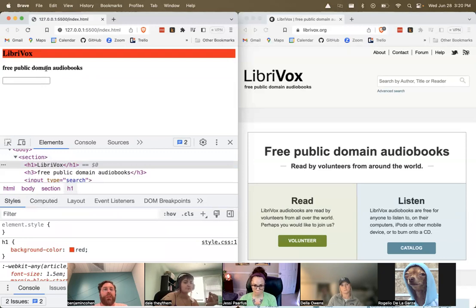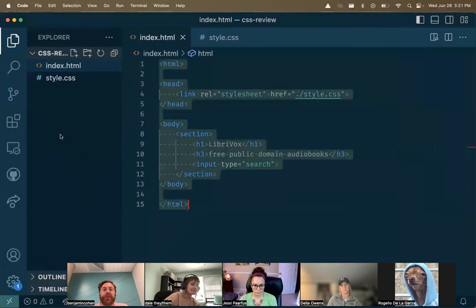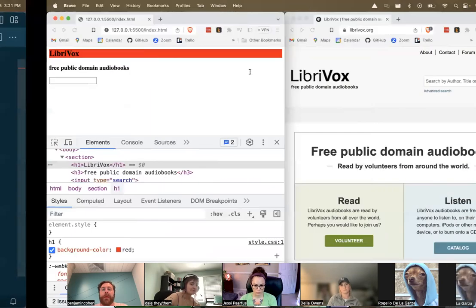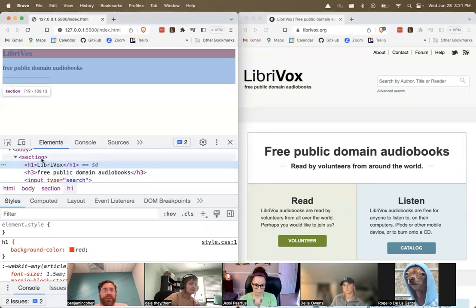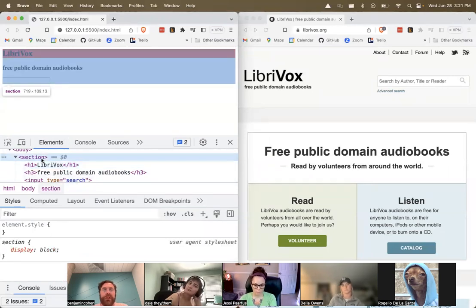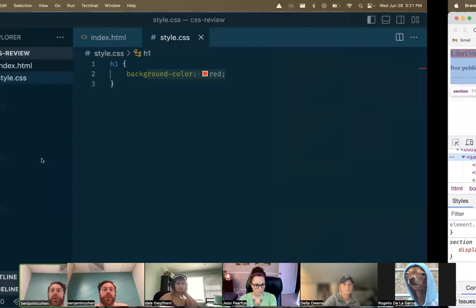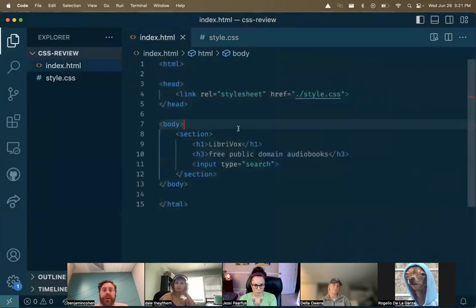Okay, so when I look at this, I see it doesn't quite look how I want it to here. So then you can just start messing with it where you click here and you see you already have this H1 thing defined, and that's because I defined it here. So maybe the first thing I want to say is, well, actually this section up here, I know it's going to have a certain size and I want to give it a background color. So I'll actually go back here and I'll say something like,